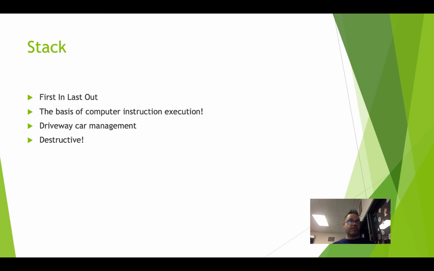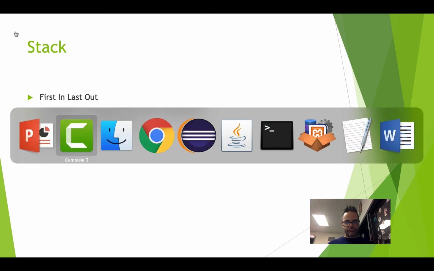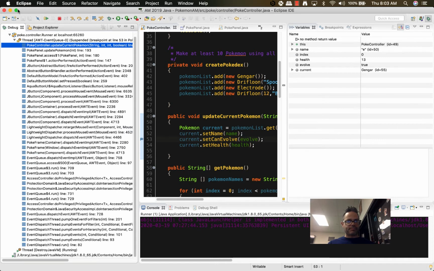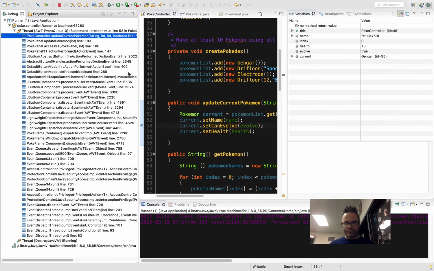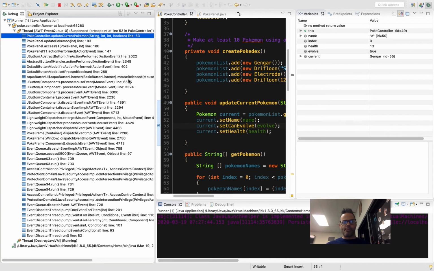The next one we have is the idea of the basis of computer instruction. I'm sure many of you have worked with debug at some point. And when you're looking at debug, you can actually see what's happening inside the execution of the computer right here. I'm working with one of our inheritance projects right now, and you can see I have a breakpoint right here at this, and it lines up with right here at this line 53. I have a breakpoint right here, so the program's running, it's waiting for me, which means it was called right here